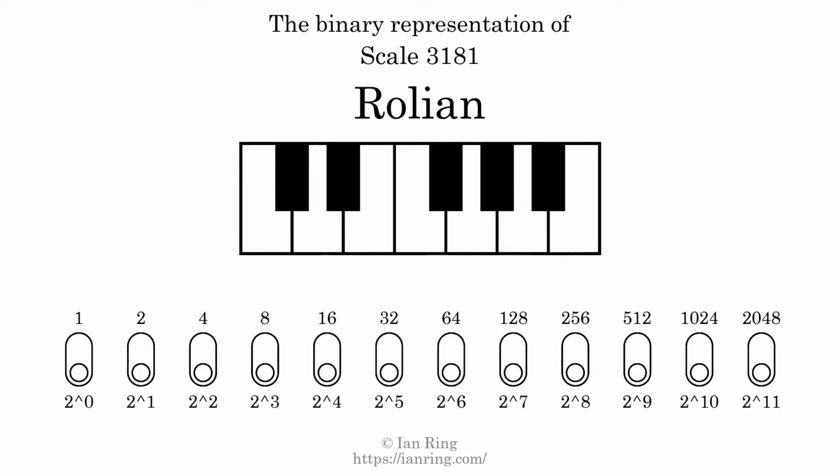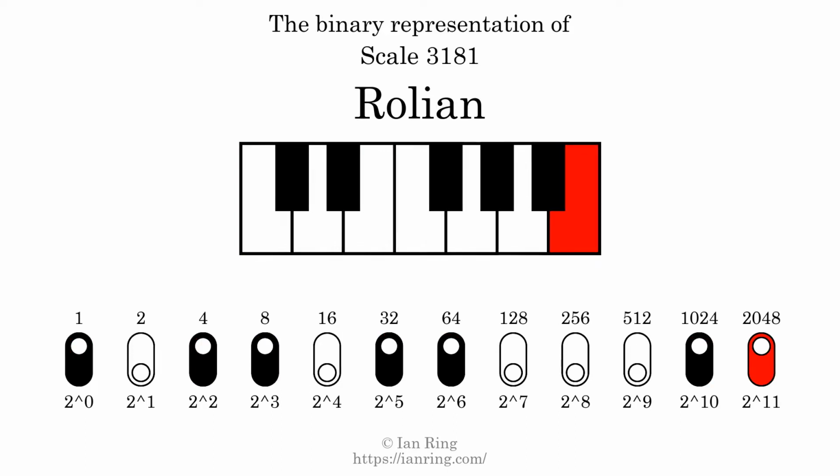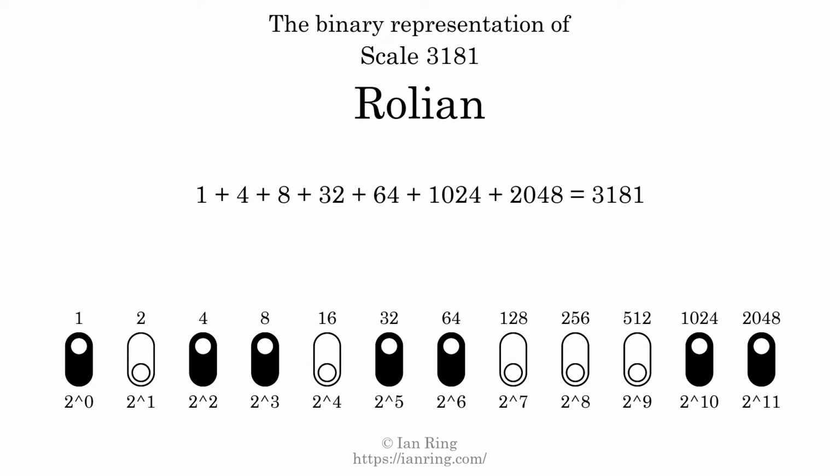The binary representation of this scale is determined by mapping tones of the scale to binary digits. Each binary digit represents a power of 2. To get the scale number, we add the powers of 2 together. The powers of 2 that are present in the scale, all added together, equals 3181. That is why the scale number, in decimal, is 3181. The scale number not only enumerates the scale with a unique index, but it also literally describes the tonal content of the scale. Represented as a binary number in base 2, the scale number is